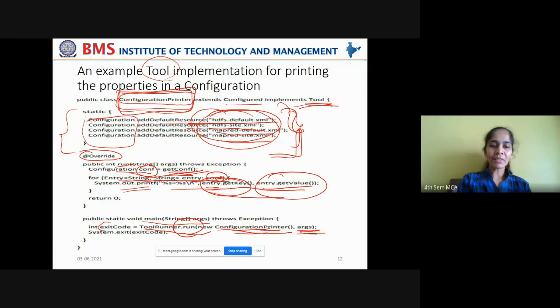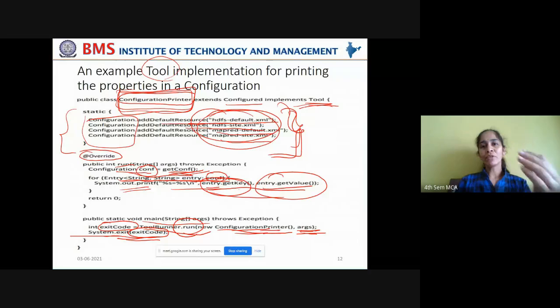Now, when this exit code gets the value of 1, it will exit from the execution of this program. You're giving system.exit, which takes exit code as parameter. Now, as long as you're fetching the properties from the resource files, it displays those properties. Once that task is complete, it returns exit code as 1, which exits this entire execution process.